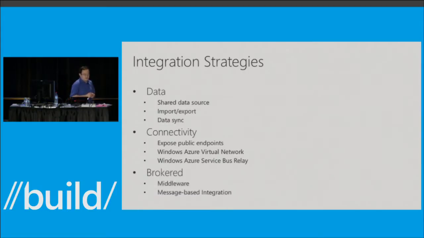And the third part of the strategy is to use brokered things. I'm not saying brokered message, but typically what you see is first the middleware, like BizTalk. If you've been in the keynote, you've seen our new BizTalk service offering as well. So basically, instead of all the components trying to connect directly to each other, they will connect through this middleman and communicate with each other. And the other important brokered pattern is to use message-based integration. Message-based integration patterns are really, really important. And this is not me saying.